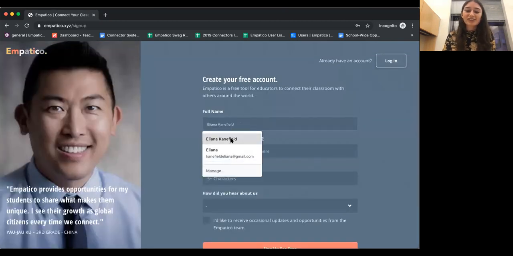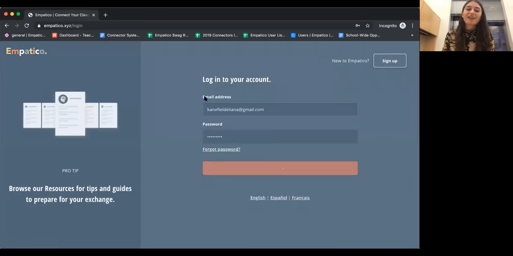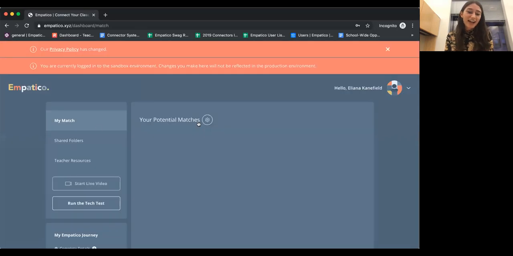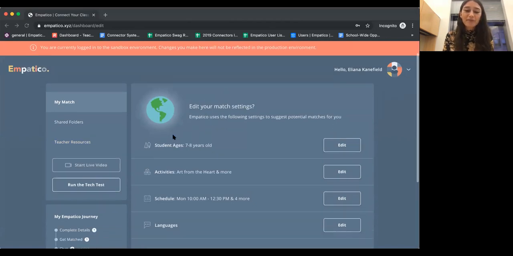So you would just log in. So after you verified your email, you log into your account and you'll click on your My Match tab. And from there, you're going to put in some key criteria so that we're able to find you a list of potential matches that can become your partner classroom for the various Empatico exchanges.